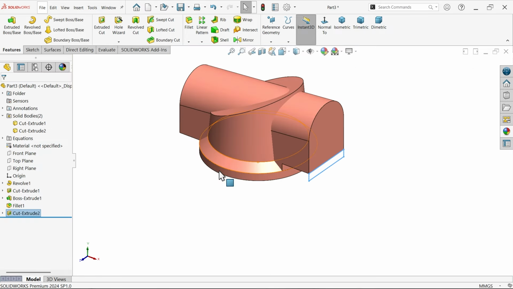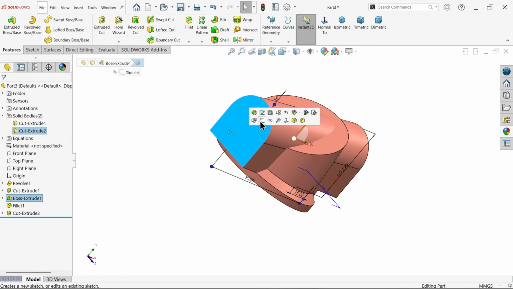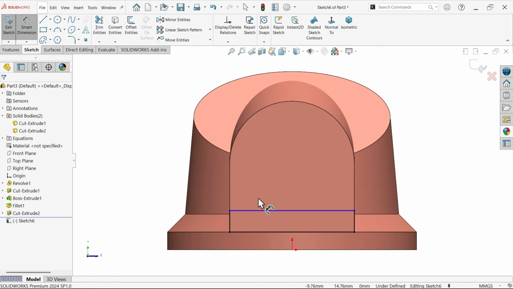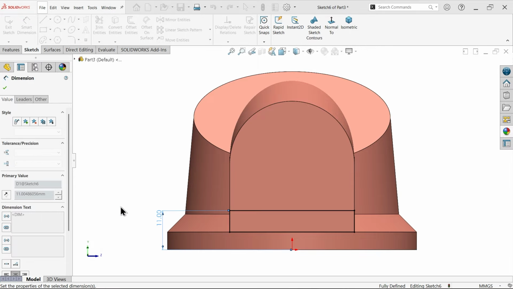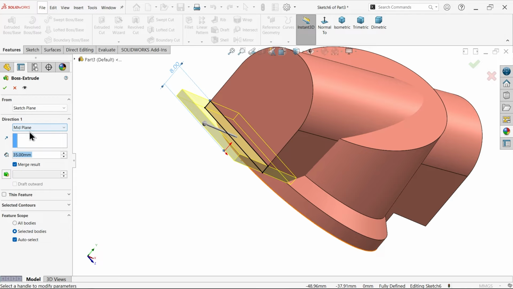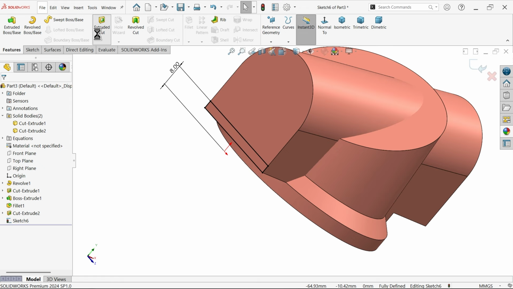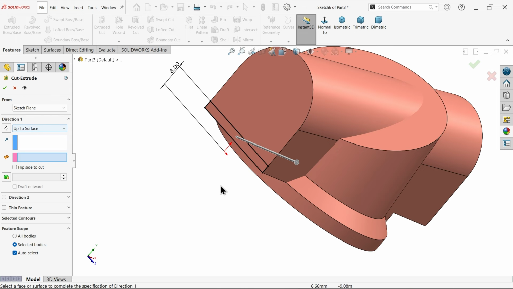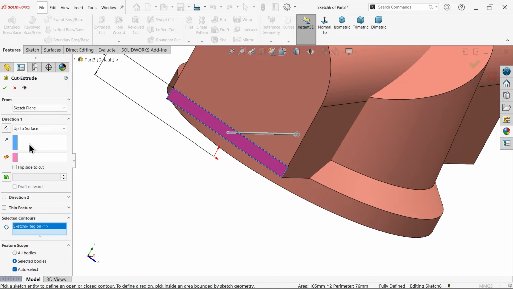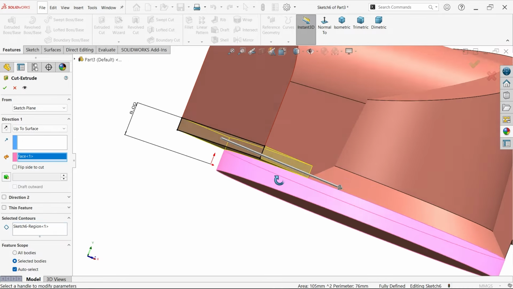Go to the other side. Sketch, same corner rectangle, draw rectangle on this face. Smart dimension. Now distance from bottom 8 millimeter. Again extruded cut, not mid, extruded cut. Now up to surface, select this surface. See,